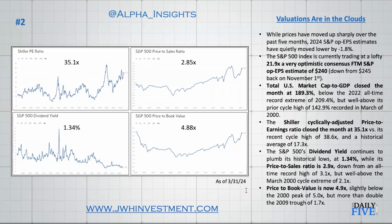And when we look at the forward 10-year returns that can be achieved from valuations in the 10th decile, the average return is 3.25%, and the median return is 4.1%. So when we say that where we are is in the clouds, it's because forward returns for the next decade right now are liable to be less for stocks than they are for the 10-year Treasury yield, which is currently around 4.3%. So we think caution is warranted here from a long-term investment perspective because we have studied this ad nauseum,